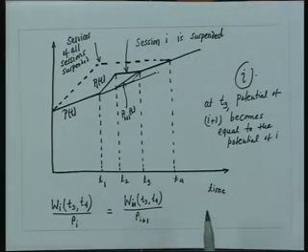So what we have tried to see is that the objective of the fair queuing algorithm is always to equalize the potentials of the sessions that are backlogged. That is what the rate proportional scheduling algorithm is trying to do. It is trying to equalize the potentials of all the sessions that are backlogged.